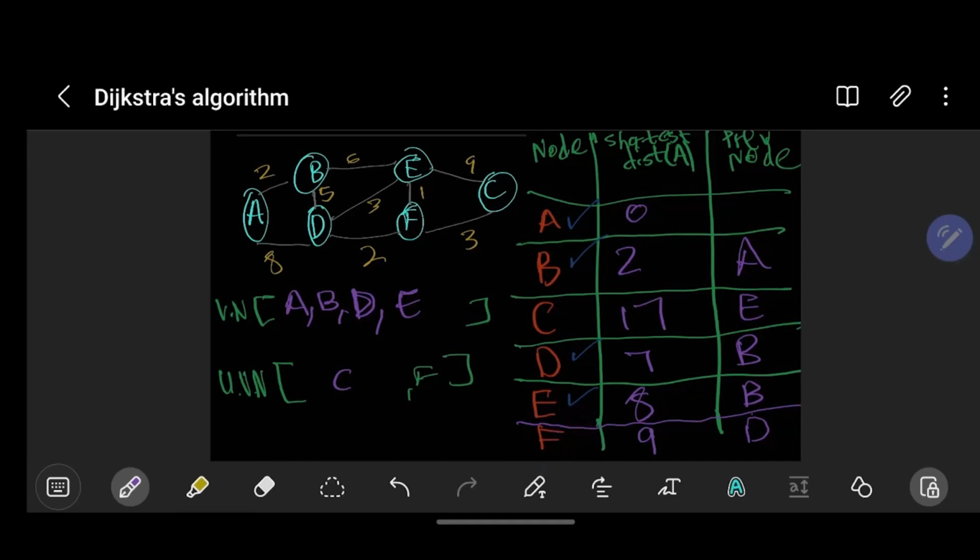So using F, we know that F is connected to E and C. However, we've already visited E, so there's no use calculating for E. As per the algorithm, we're just going to calculate for C. So we know F is 9 plus the distance between F and C, which is 3, and that takes us to 12. So 12 is less than 17 for C,